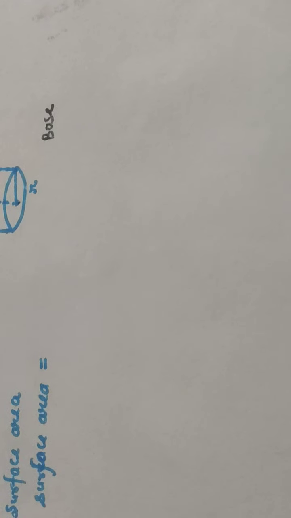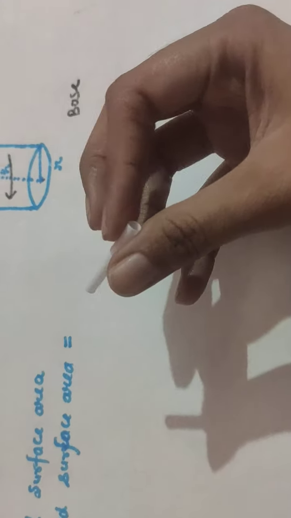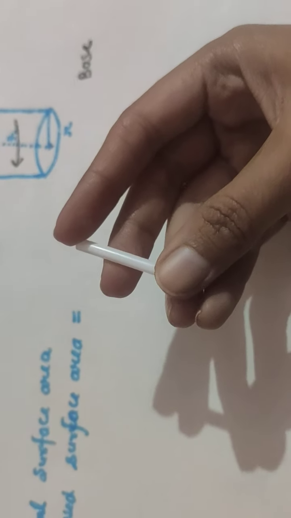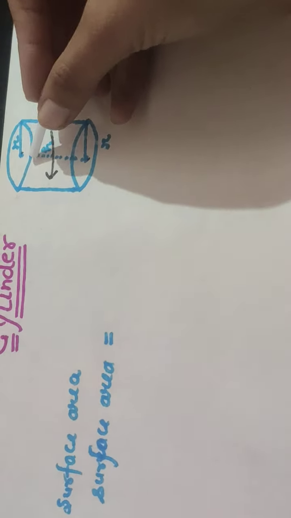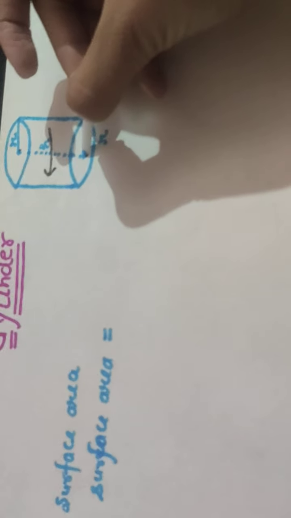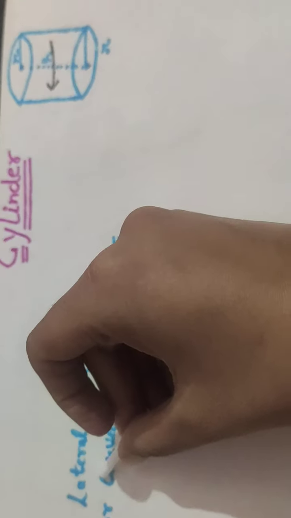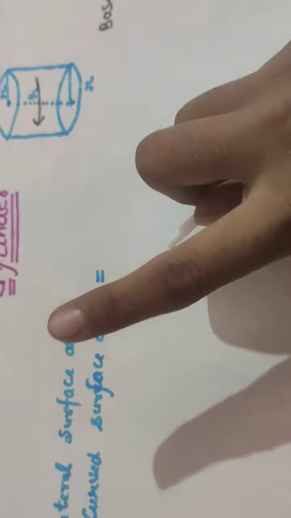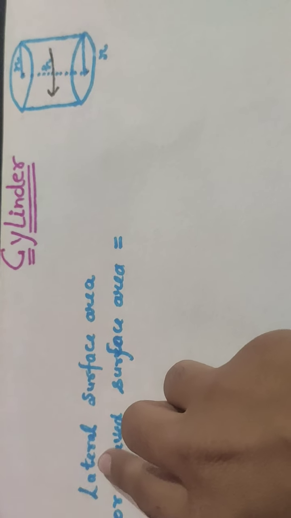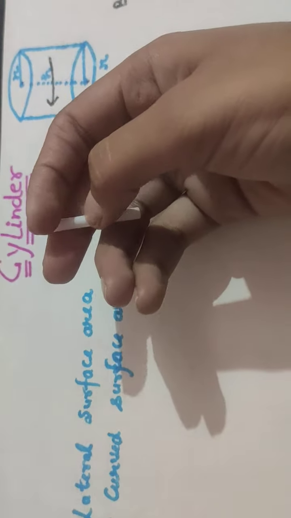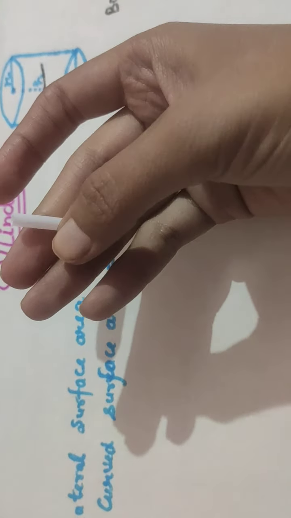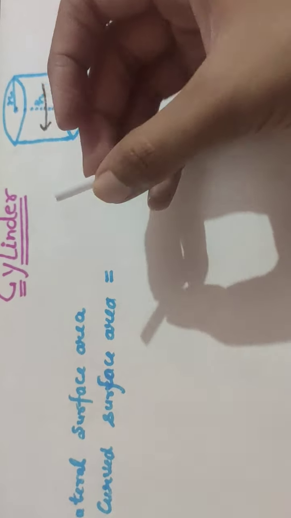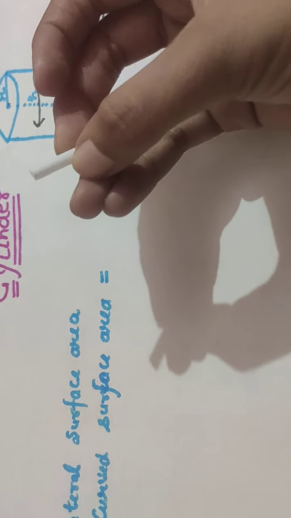So here you can see that it's a tube. If it's in the cylindrical shape and you want to find the lateral surface area, it means you have to find the area of its sides, which is in the curved shape. You can see that top and bottom are in the circular shape. We can find those out, but in the lateral surface area, the top and bottom are not included. Lateral means side. So only the sides are included, and the side of the cylinder is this curved shape. So we have to find the surface area of this curved shape.